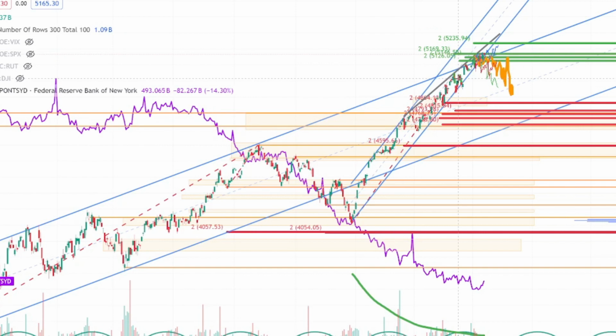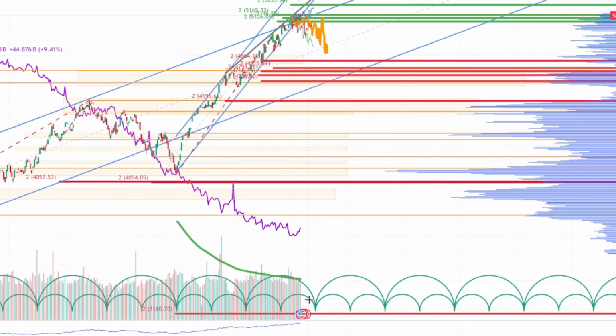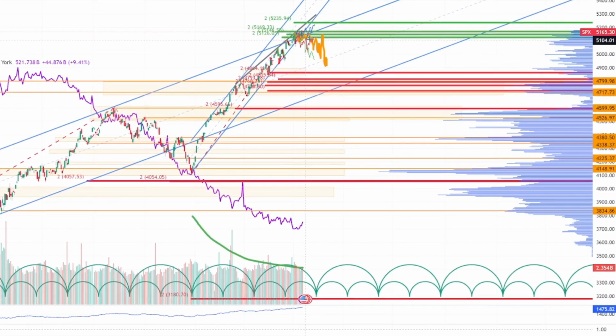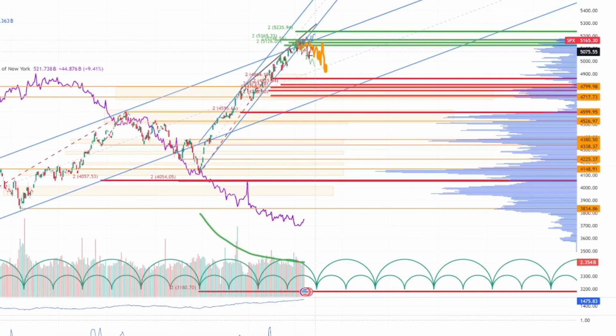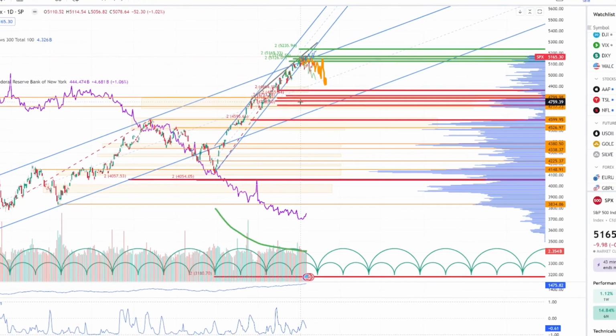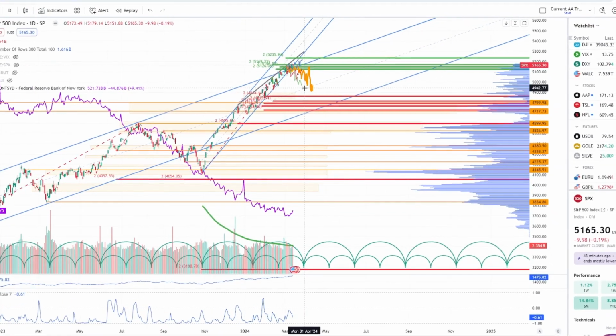Now, where does that leave us now, right? Well, the reverse repo market still has coin in it, right? There is still some money in the reverse repo market. So if there's still money in the reverse repo market, that means this can continue to push higher. On a time cycle basis, we are hitting the last end of our large cycle and our small cycle all at the same time. You can see some of my little drawings up here. When we zoom in, you'll see where I'm at. As far as the adapt advanced, this is where I'm at as far as orange. And then all these reds and greens are targets that we've made along the way.